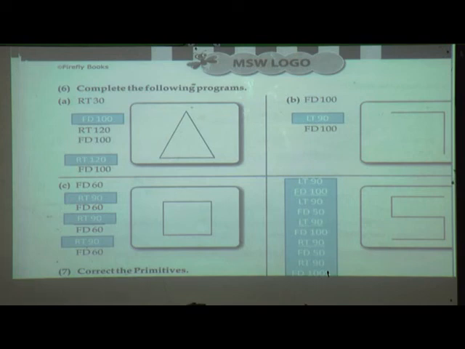Then the last program: LT 90, FD 100, LT 90, FD 50, LT 90, FD 100, RT 90, FD 50, RT 90, FD 100.